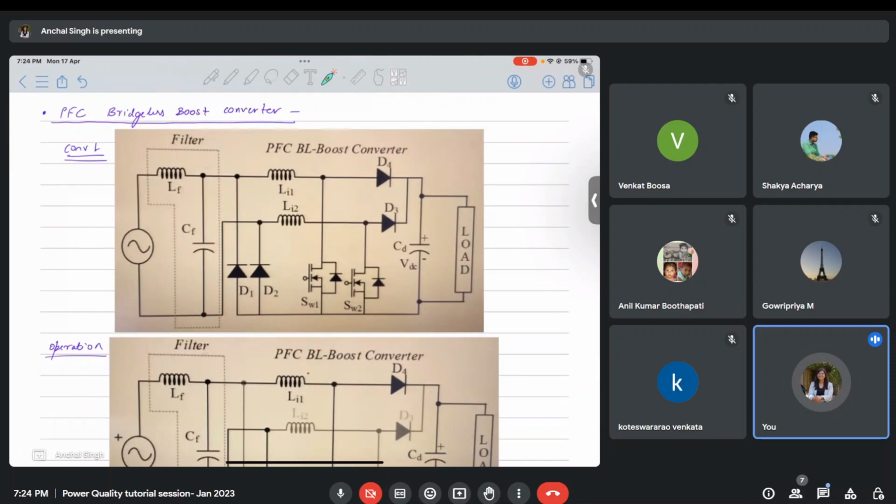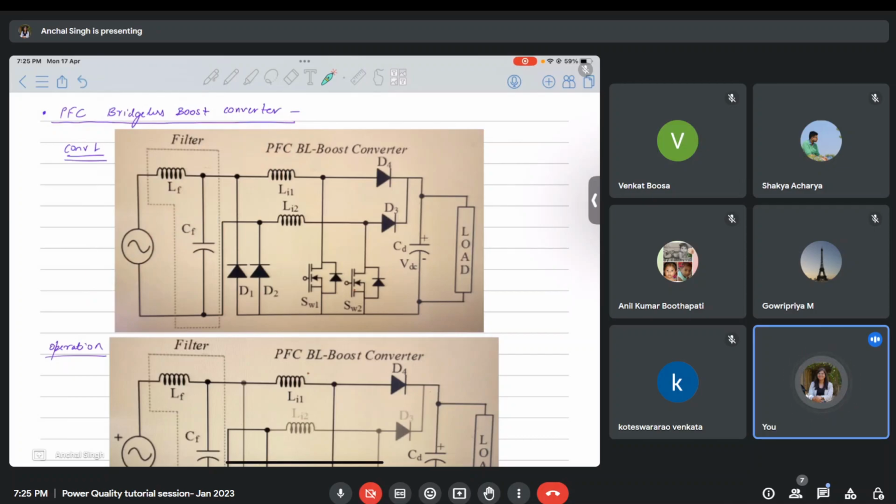Then the first configuration that we studied was one with a diode bridge, right? We needed a diode bridge at the start in order to convert the available AC into DC. Then this configuration is called power factor correction using a bridgeless boost converter. It's called bridgeless because in this particular configuration the diode bridge is removed. And it is called power factor corrected because this topology helps us obtain unity power factor. So this converter is giving us the boost operation along with power factor correction. Therefore, it comes in the category of IPQC, that is, improved power quality converter.